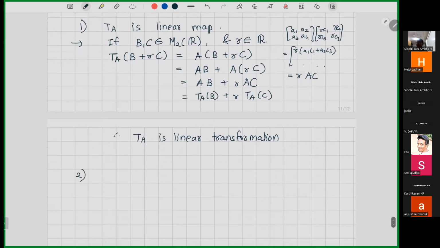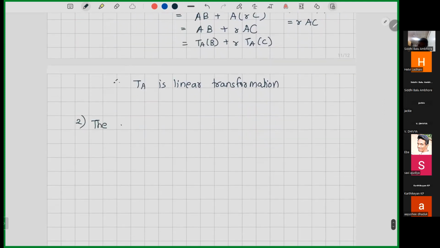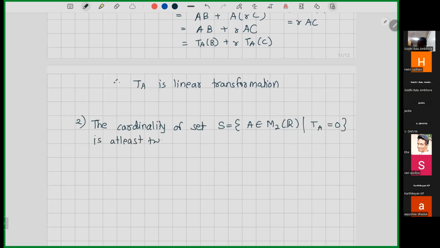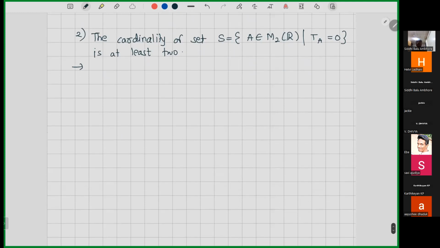Second, in this same line, is that the cardinality of the set, let us call that set F, of A in M2R such that TA is 0, is at least 2. Okay, it's at least 2. What does this set mean? First of all, this set is A in M2R such that TA is 0. And when I'm writing TA is 0, it means,